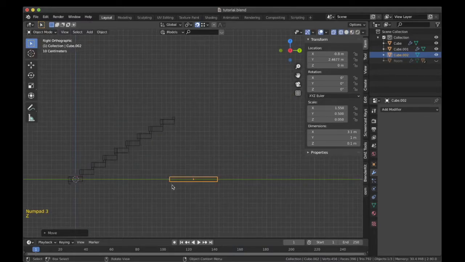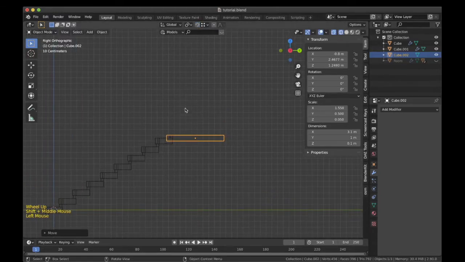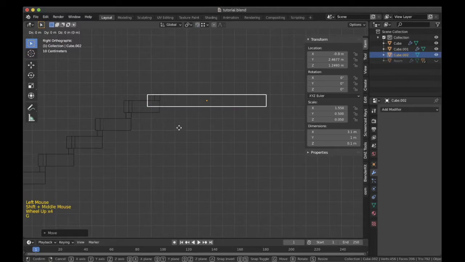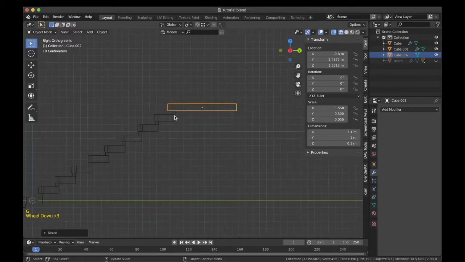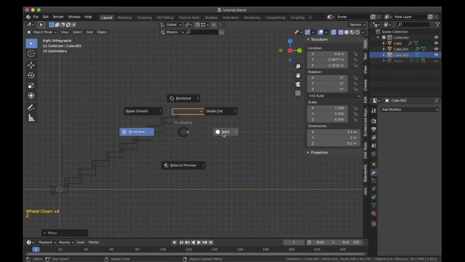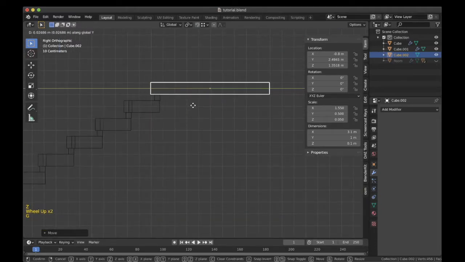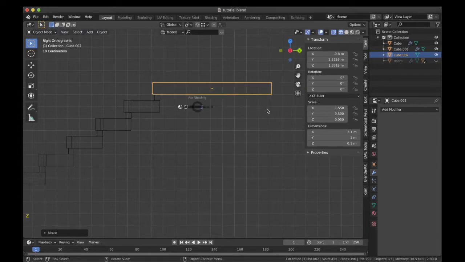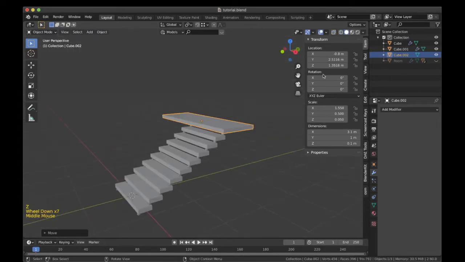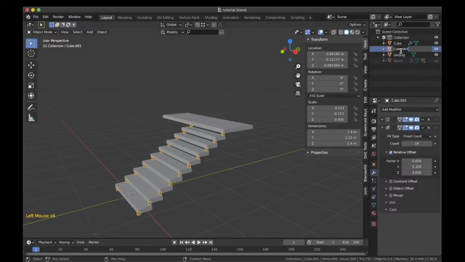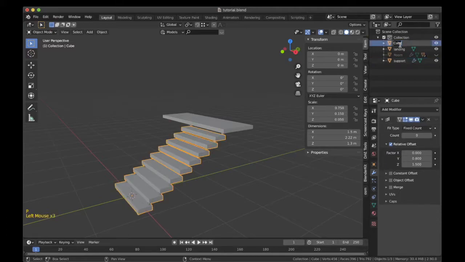Now we'll go into the right side view and do the same for this. Let me switch that off and then move it a bit more precisely like this. Yeah, this will work in our case. Yeah, this should work. Now let us name this in the scene. We will call this landing. This will become the support, and this cube will become the step.